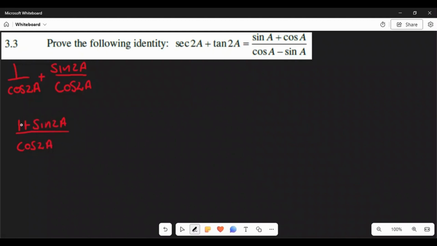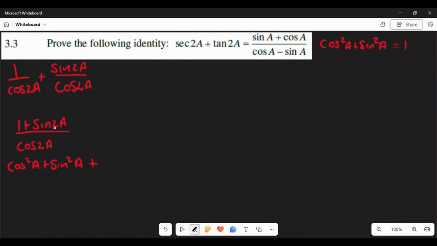So let me change this. Let's start with the 1 on the numerator. We can also change 1 into a square identity. Remember, cos squared a plus sine squared a is 1. So this 1 here, we can replace it with that. We have cos squared a plus sine squared a, plus